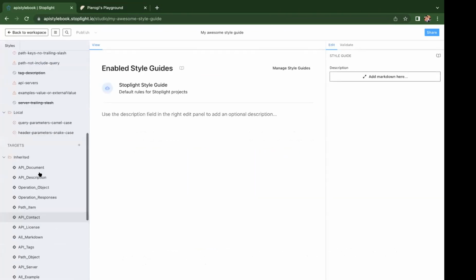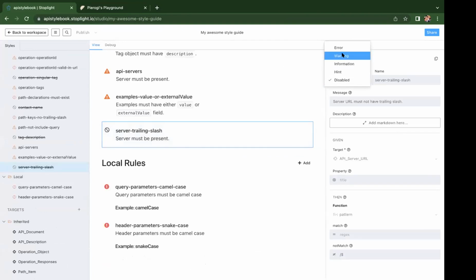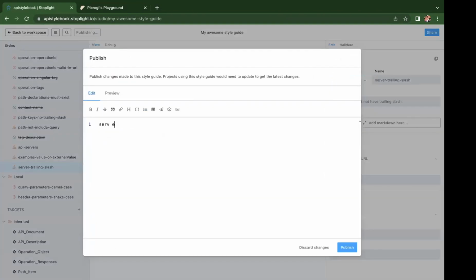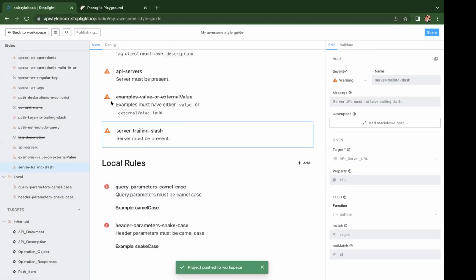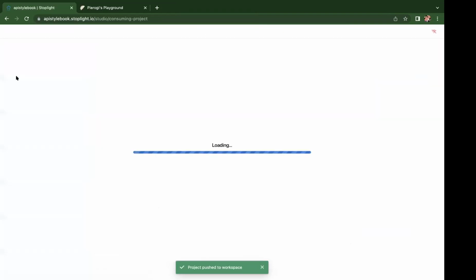Let's say the server trailing slash rule that we disabled first is now something that we want people to be using, people to be adhering to. So we can go change it into a warning or an error depending on whatever the case is. And I'll now write a useful little change log for people to know what change I've made. I've made this change, and now if I go back to this project that I was using the style guide in,